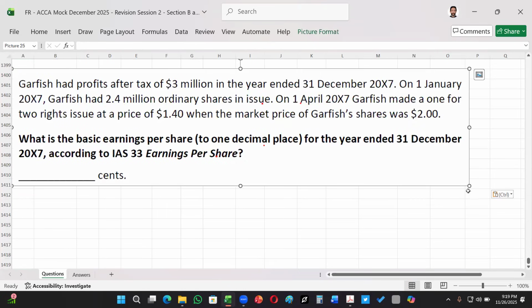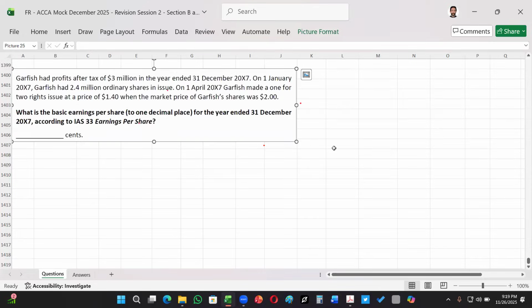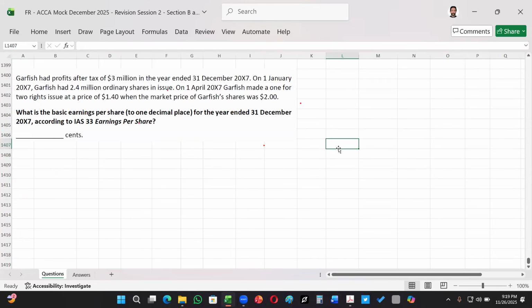This is the question. Let's understand the points here. You know the concept of increasing the number of shares in the part of the year where we did not have the rights issue, because we have to have the weighted average number of shares evenly throughout the year. This was the logic. I will again write the whole concept so that it becomes easy for you.